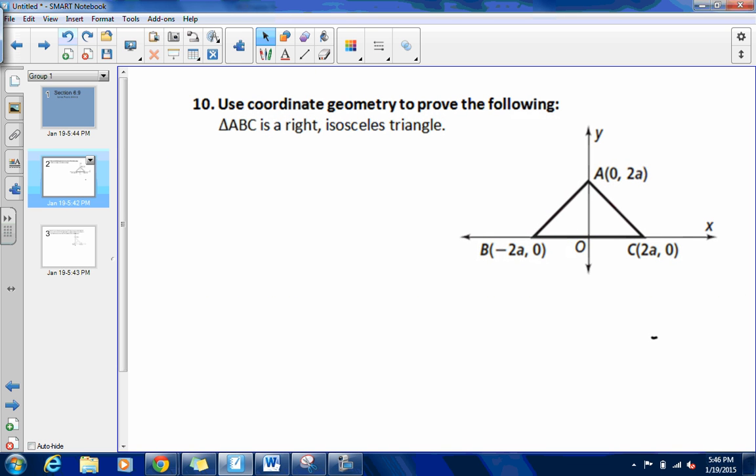What we're going for here, it says use coordinate geometry to prove the following. And just to note, the coordinate proofs are not as formal as a formal written or two-column proof. We're not so much worried about the reasons, but we are trying to get to an end goal. And in this case, we have a given, which is